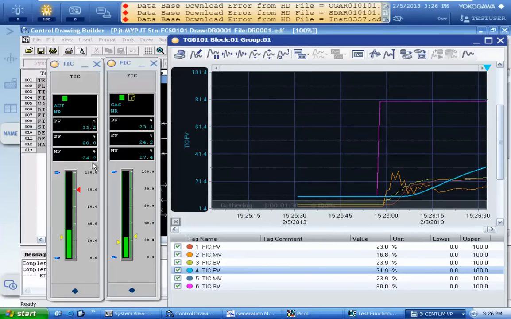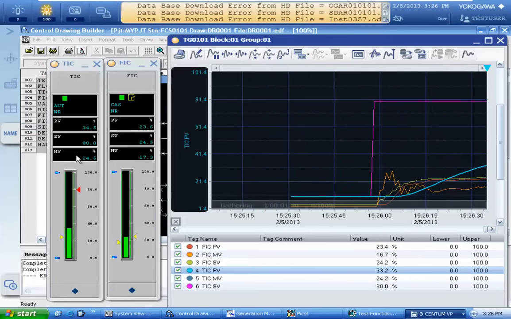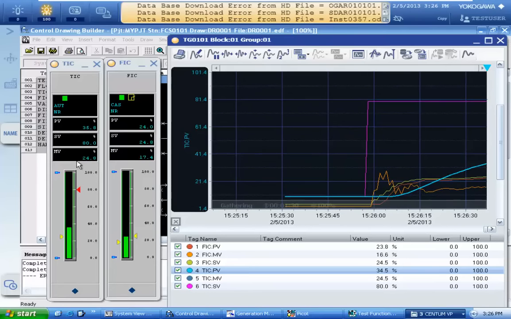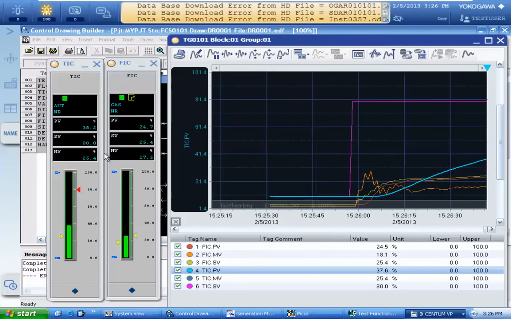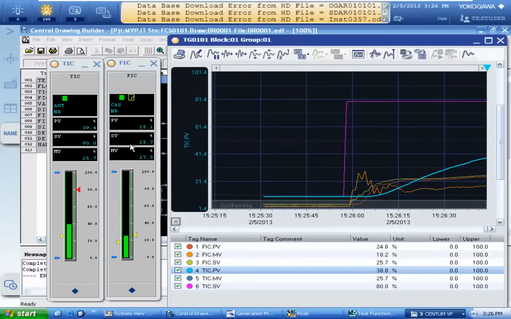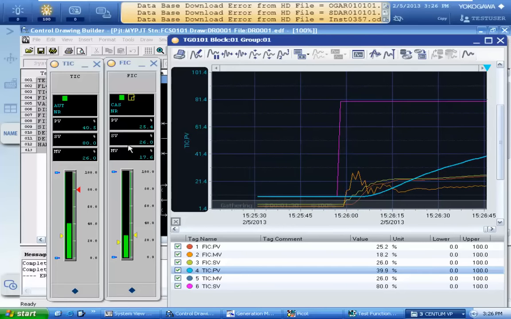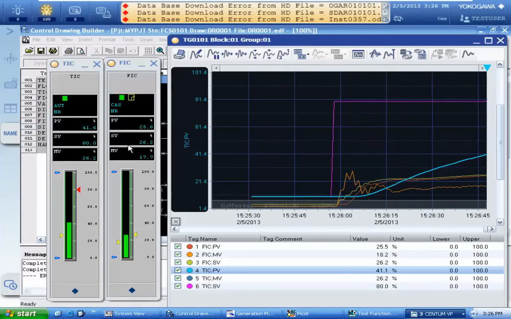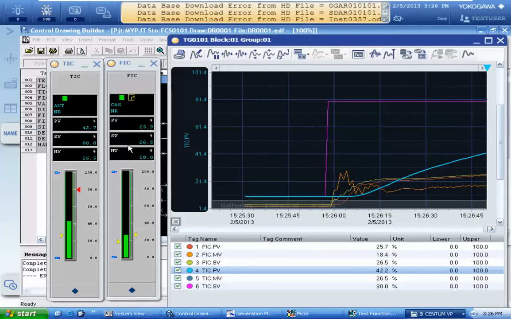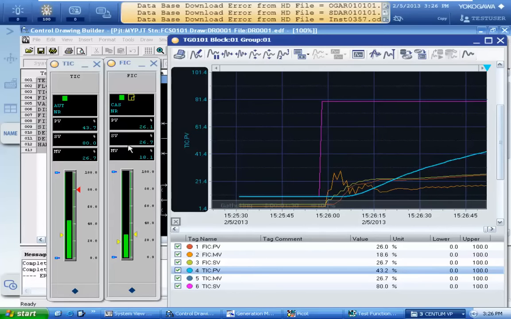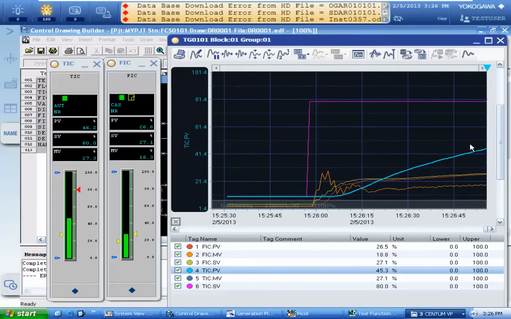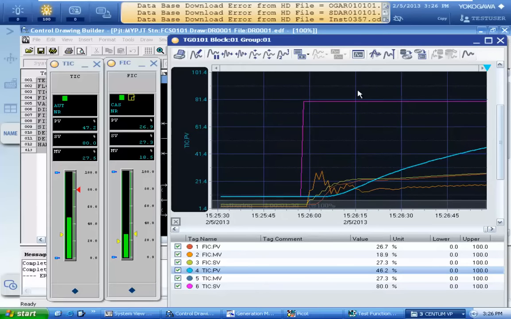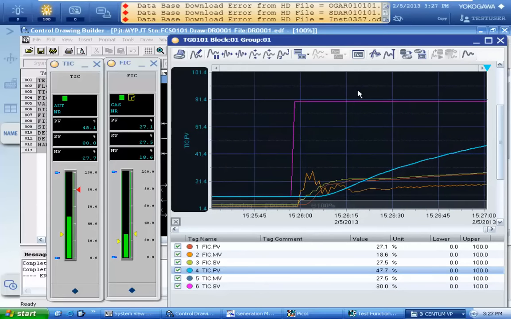The output of TIC, the control value of TIC, is transferred into the set value of FIC, and you can see that this is the temperature. Temperature is getting close to the set value. Temperature is sluggish